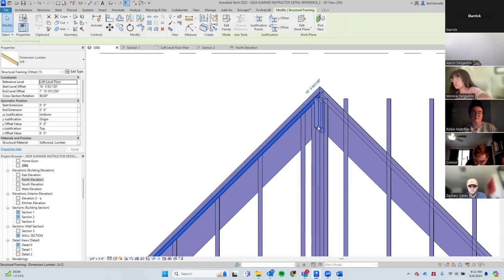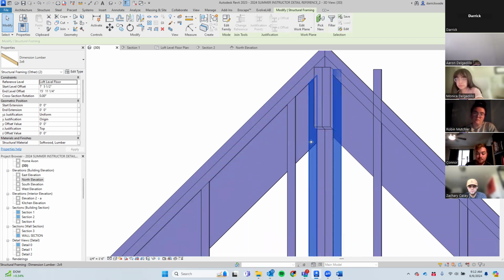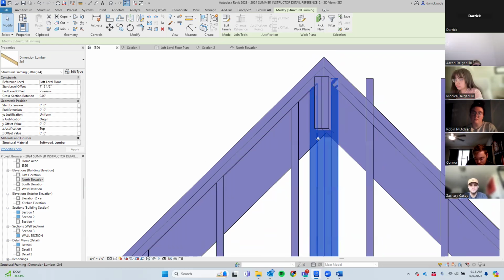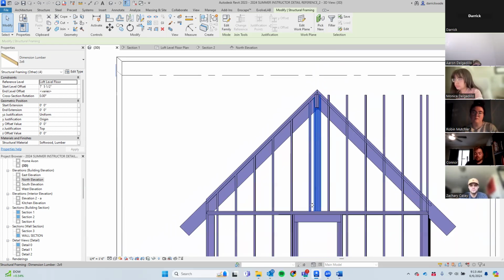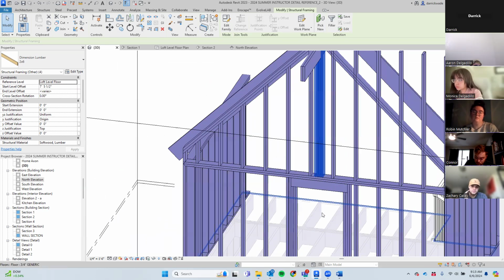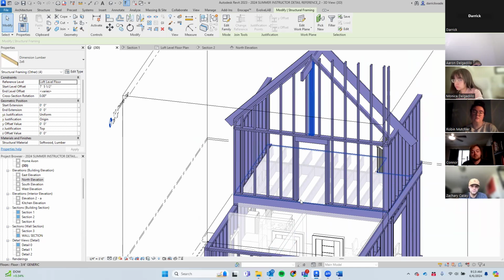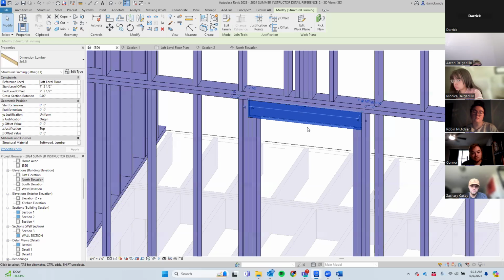So typically, when you want to sandwich a beam between two studs, and you want enough studs underneath it to give it full bearing, a full width of bearing, no space. So now what happens is that point load comes downward, and there's an opening right here. So we can't take that all the way to the foundation. So what we have to do is transfer that. We're going to transfer that load over to two